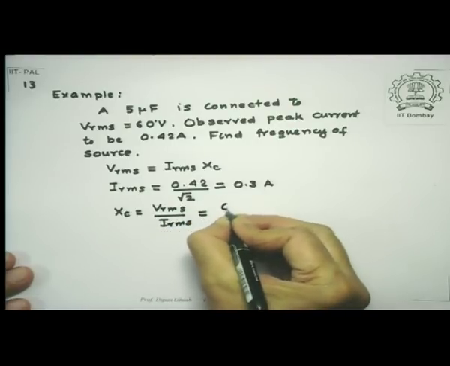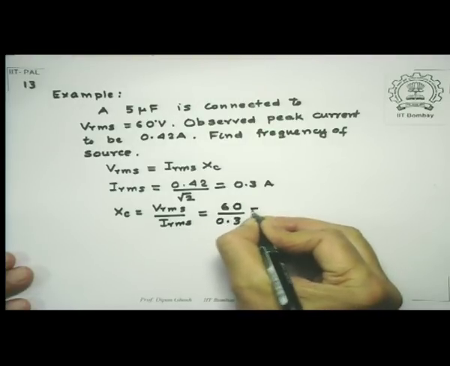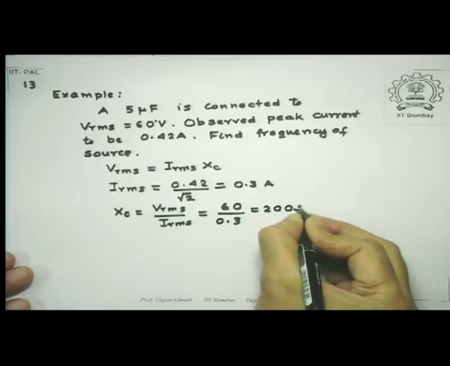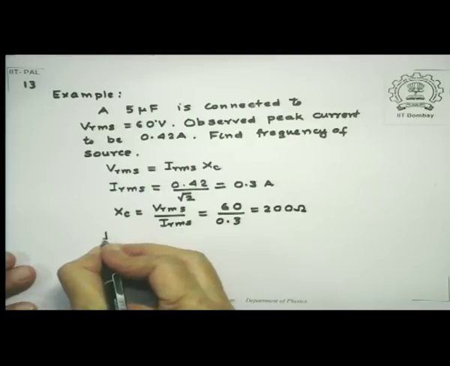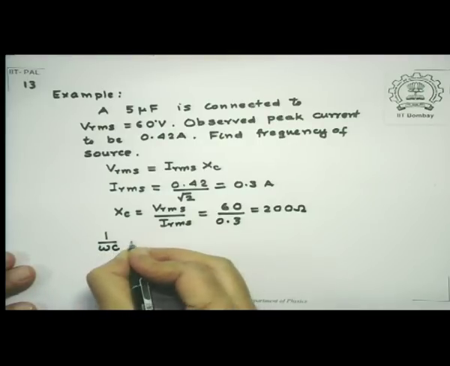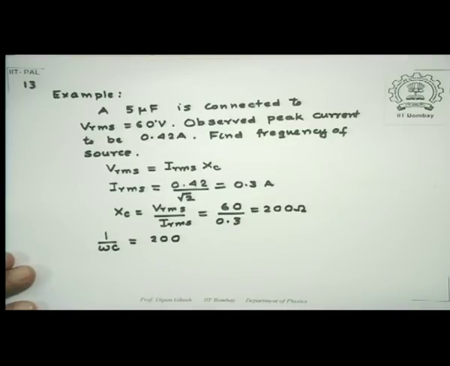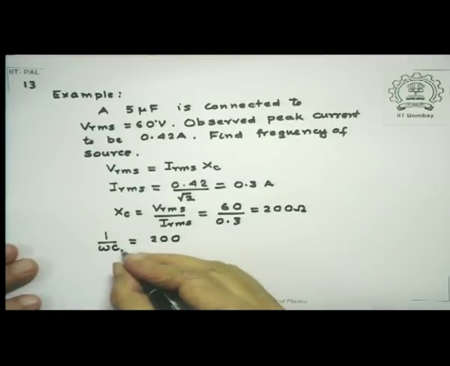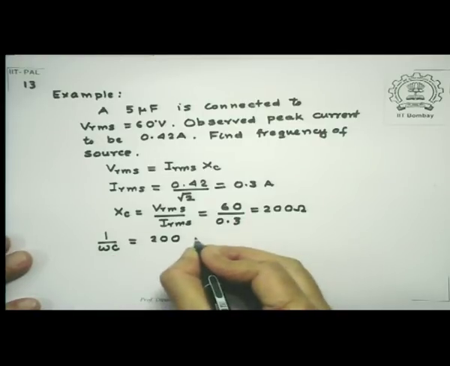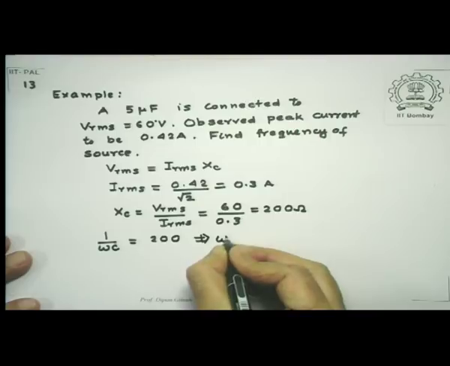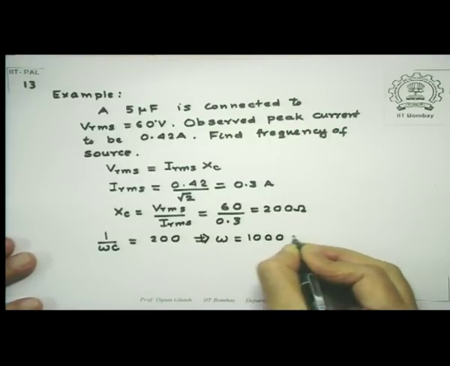That's 60 divided by 0.3, which is 200 ohms. But Xc is also 1 over omega C. That's equal to 200. I have given C to be 5 microfarad. From this, it's trivial to see that omega works out to 1000 radian per second,